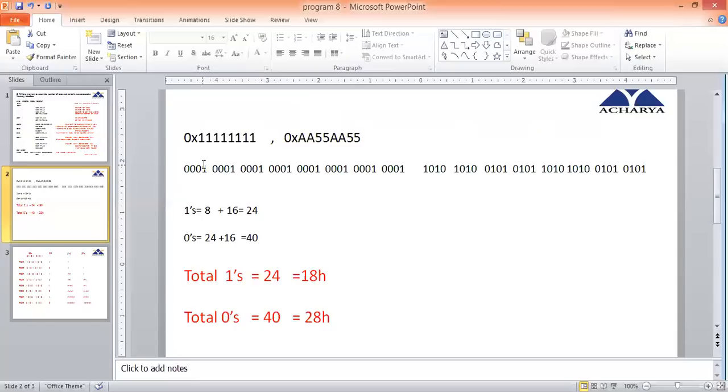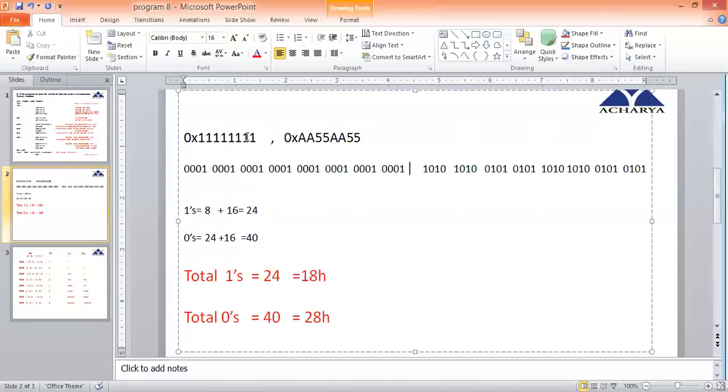So expand it in hexa. You're seeing 1 is 0001, 001, 001. You can see here, till here it belongs to this particular number. And from here onwards, this is A, again this is 5, 5, A, 5, 5. So this is the second number. Now, the same logic we have to apply. First, take the first number and apply rotation. But how many times do you have to apply rotation? 32 times.